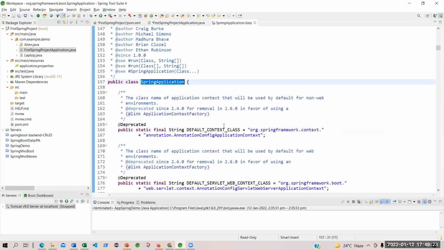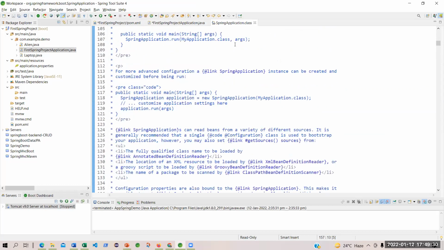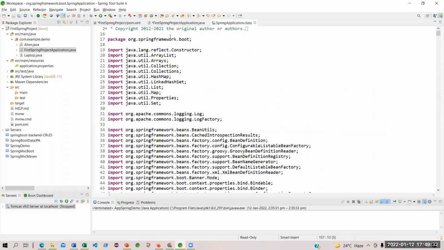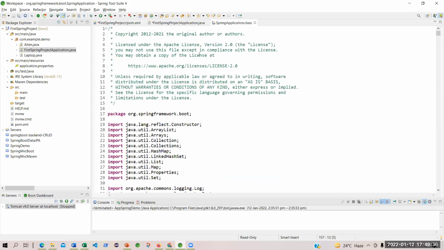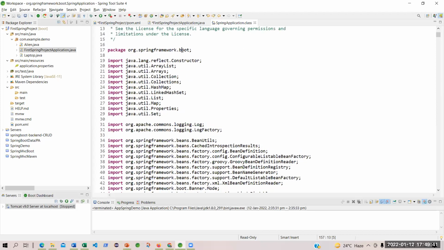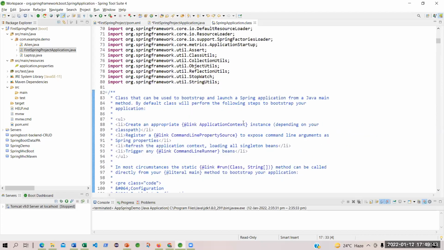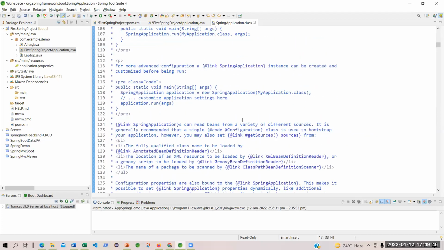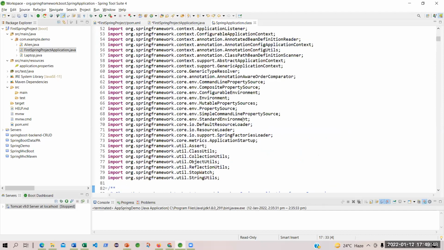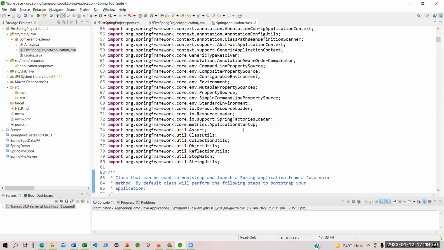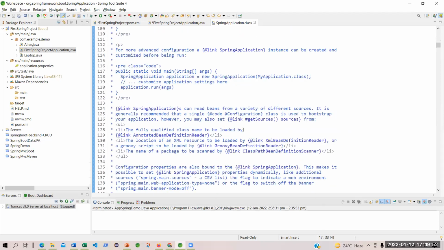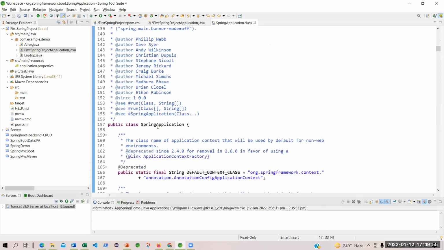If you open the declaration, you will see that Spring application is a class given by, see, I have not done it. Nobody has done it. It is given by Spring Boot, copyright by the original authors of Spring Boot. This is a licensed one. So the Spring Boot framework has given this particular class called Spring application.